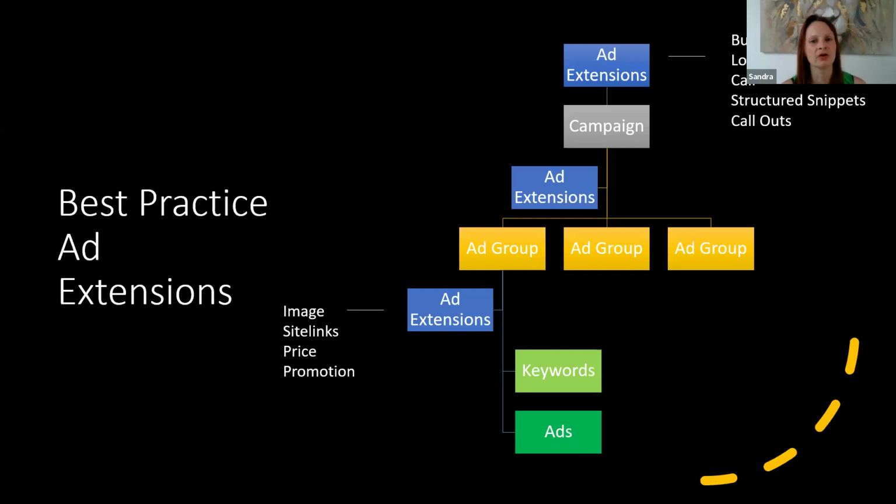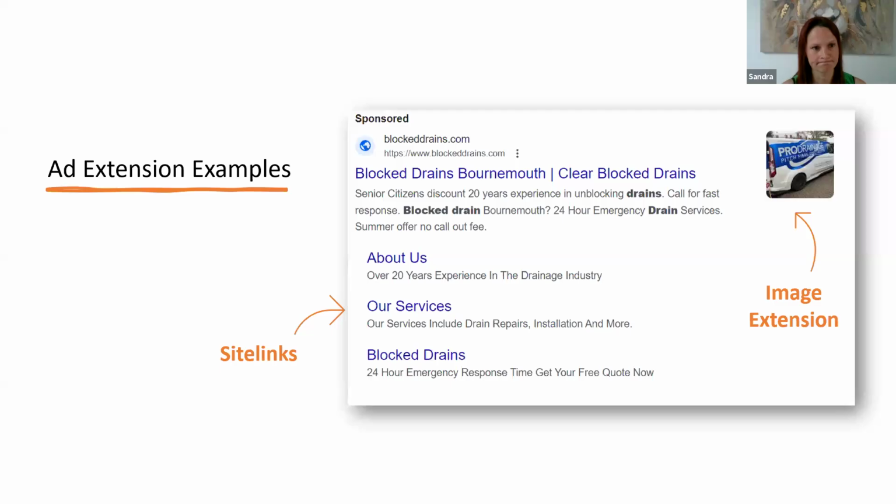So for example, you've got an ad group and you're advertising the cat food. If you've only added ad extensions at account level and you've added images for cat food, dog food, rabbit food, horse food, you don't want the wrong image showing for that ad group. So add the right image at an ad group level as well. These are what the ad extensions look like if you've not seen them before. What could otherwise be just a one or two line ad really takes up a lot of space and is quite impressive.